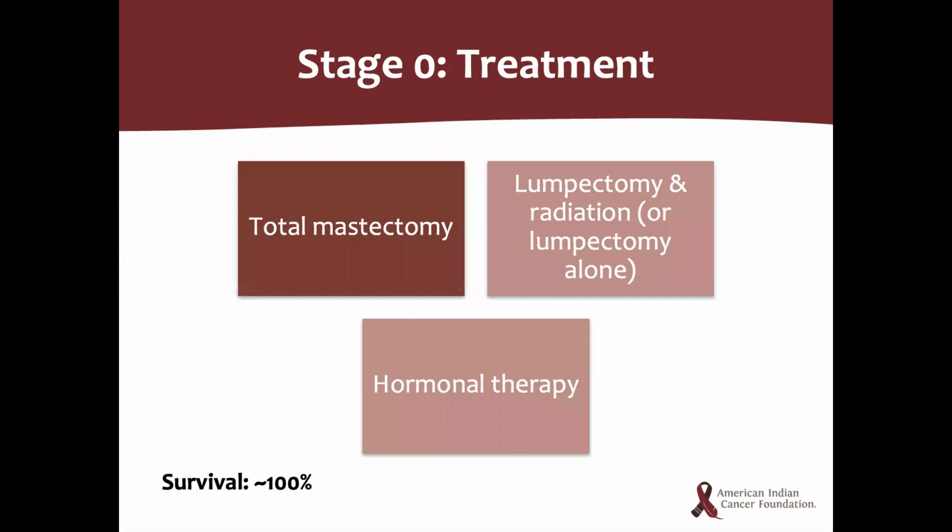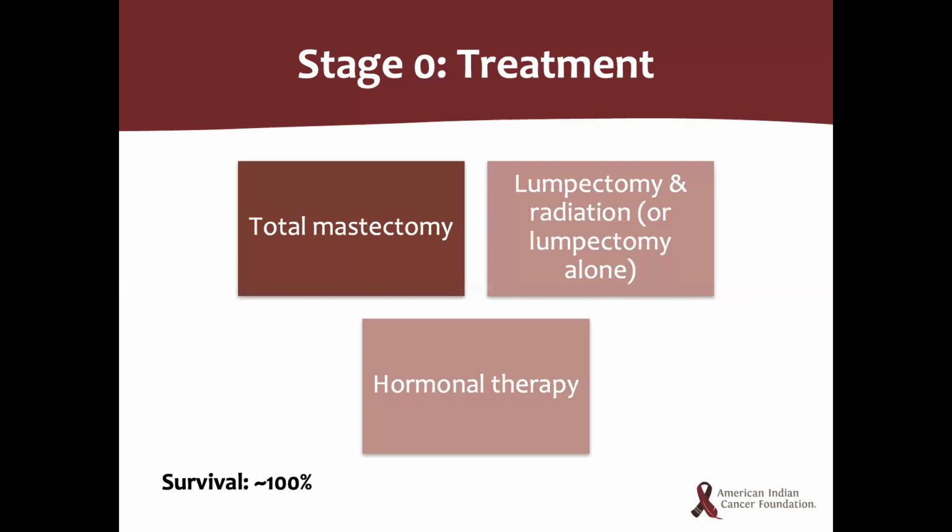And there are a few common treatment options for stage 0 breast cancer. These include a total mastectomy, which means surgically removing the breast tissue, a lumpectomy, which removes cancer or abnormal tissue from the breast, but not the entire breast, radiation, which is a high-energy X-ray and other particles that are used to kill cancer cells, hormone therapy, which is used for some breast cancers that are ER or PR positive, and